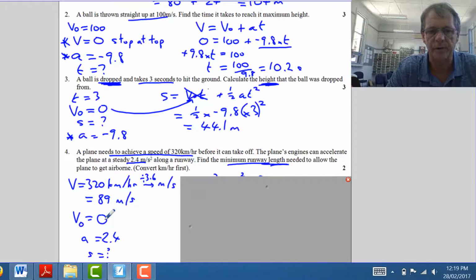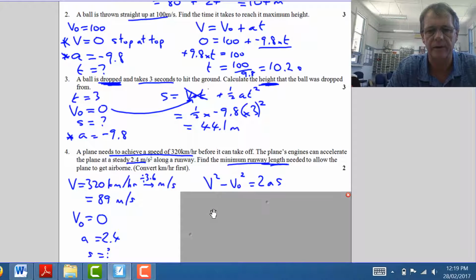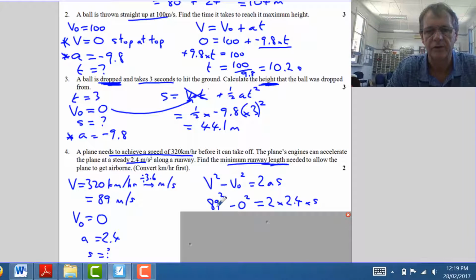Don't forget it's starting off at 0 before it goes along the runway. It's going to have an acceleration that's steady there, and we're trying to find the distance, the length of the runway needed to get the plane airborne. So substituting into a relevant formula that marries all those together, we get this here, and you just do the square, multiply these two together, and you'll get